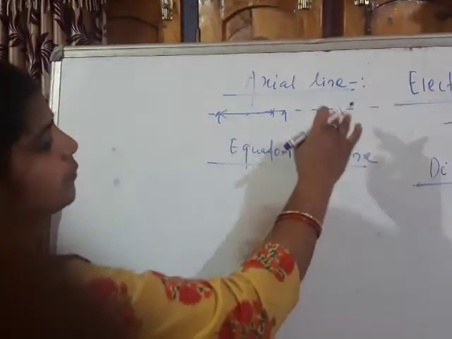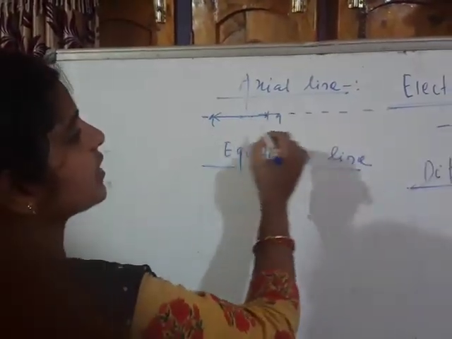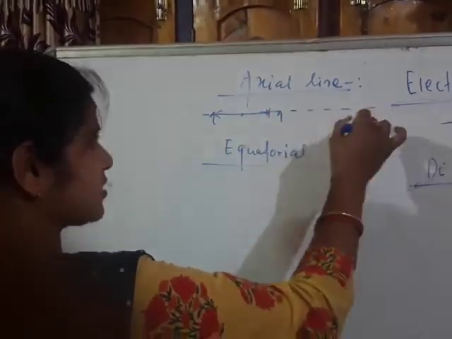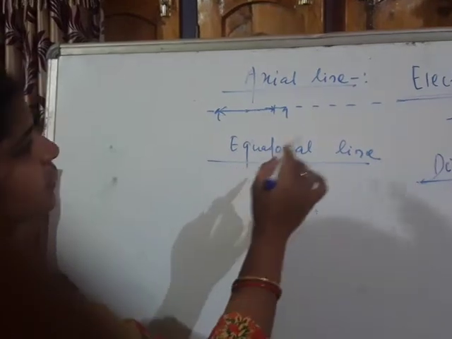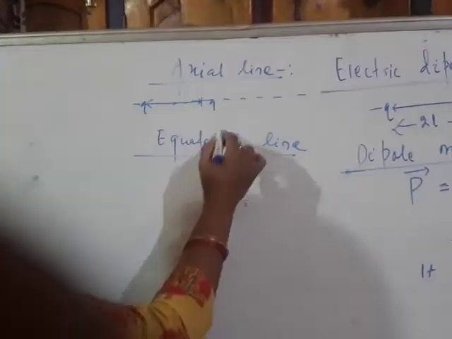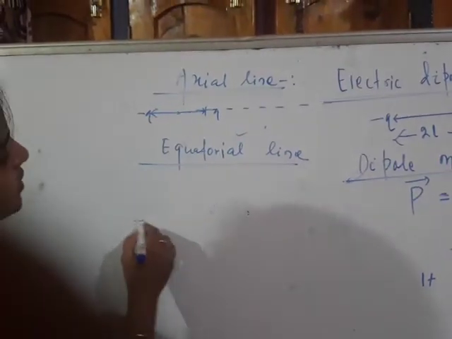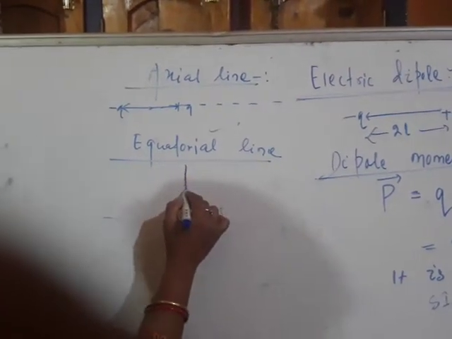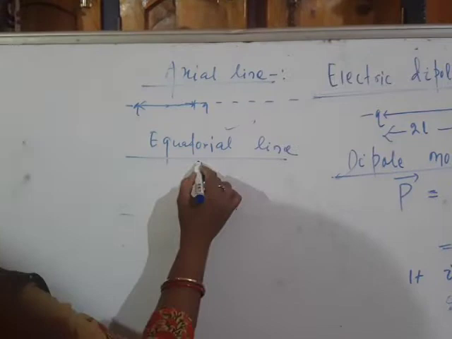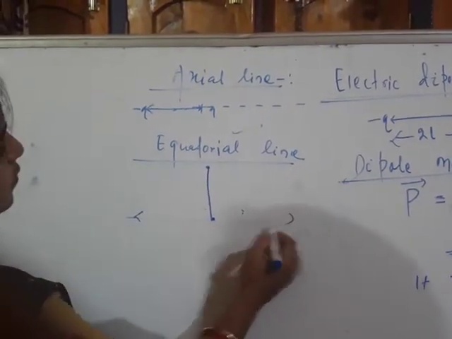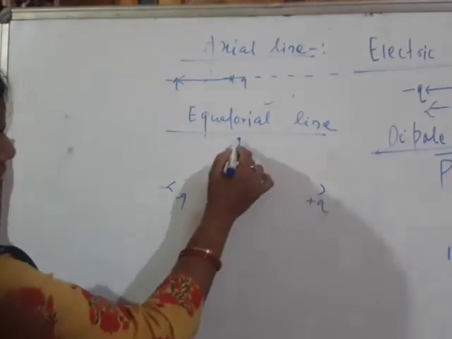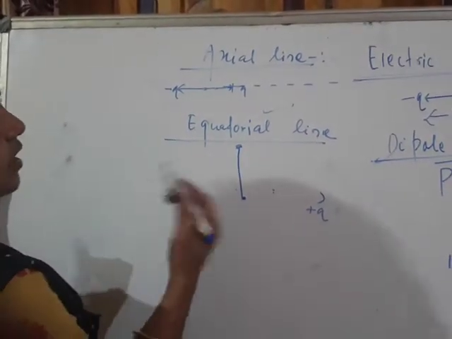And we can place a test charge at any point on this axis and calculate the electric field intensity. And the equatorial line is just the line which is placed at the perpendicular bisector of the dipole. Suppose minus q and plus q are there. This is the point which is at